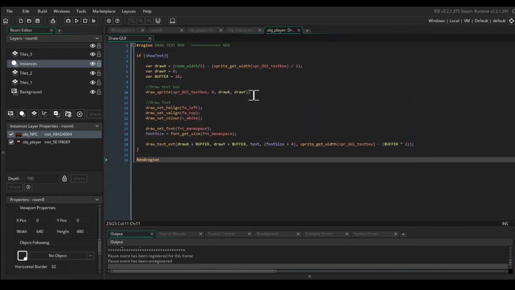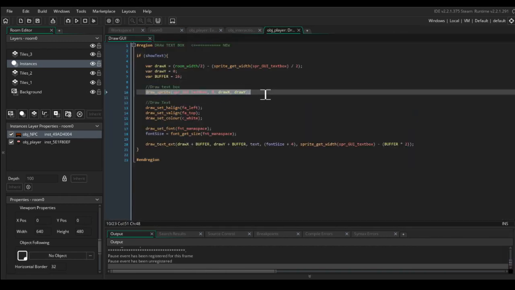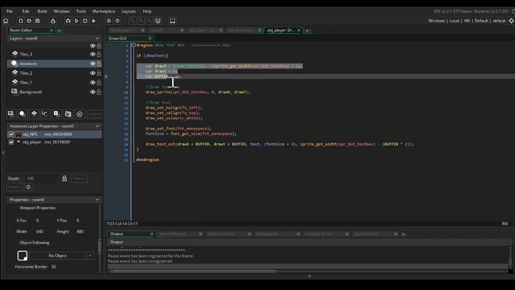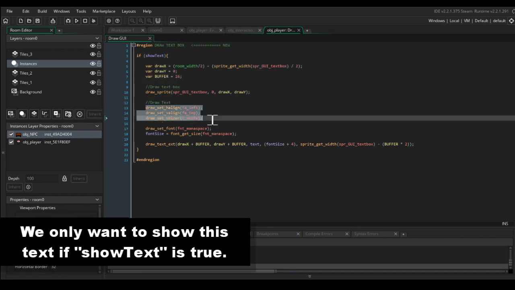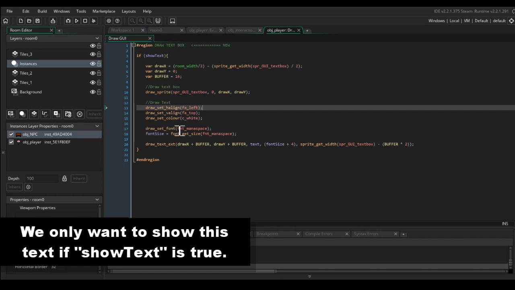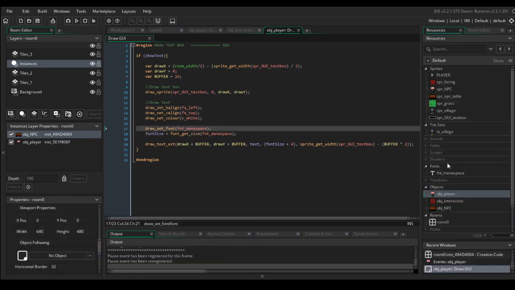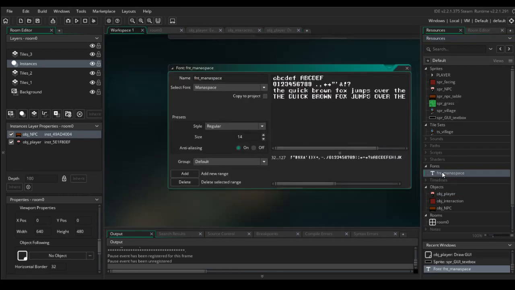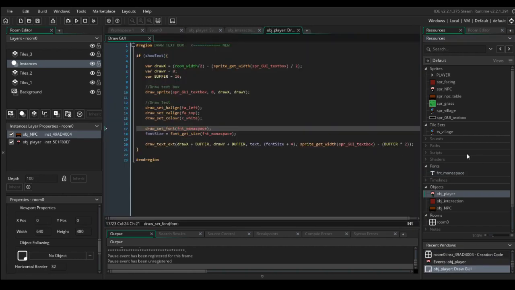And in the draw GUI event, I'm drawing that sprite here, setting the draw coordinates here, setting the text coordinates here. I've got a monospace font, which is the size of 14. It's also monospace, which means every letter and character takes up exactly the same amount of space, as you can see here. Even the capital letters take up the same space as the lowercase letters. And grabbing the font size of that, just so we know